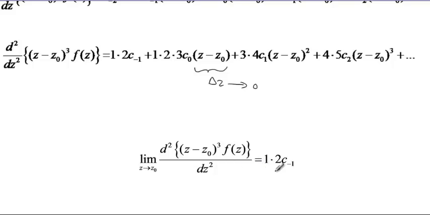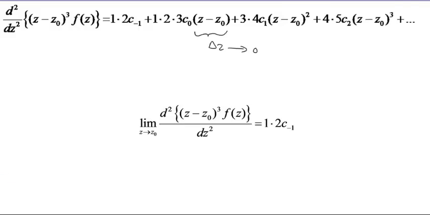We calculate this limit to get 1 times 2 times c sub 1, but in this case, our residue is not 1 times 2 times c sub 1, but is c sub minus 1, which means we need to make c sub minus 1 the subject of the formula. Now, for that, what you can do is to divide both sides by 1 times 2, which in this case is going to be 1 over 1 times 2 multiplied by the limit